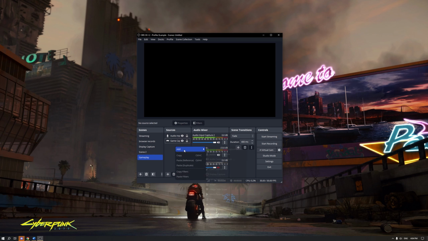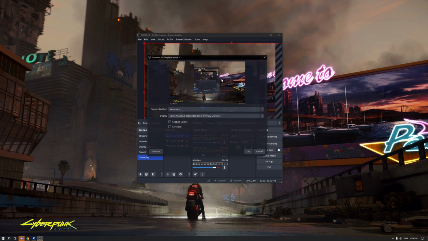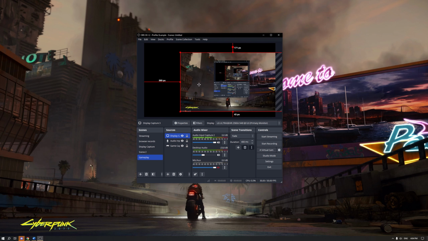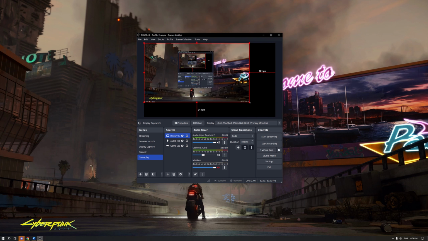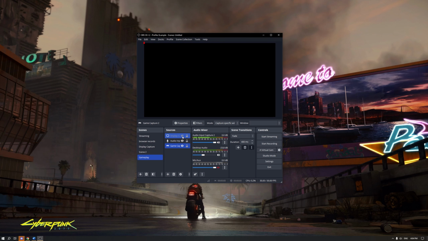Next one, we're going to be adding a display capture. This is in case you want to record anything that isn't in the game. So anything on Google or anything else when you're making the videos, you can choose your monitor. I'm going to use my main monitor. Now, as you can see, as it doesn't fit the whole frame, because it's a 2K monitor, we have to minimize it and drag it so it fits the frame. Beautiful. Under here, little tip, if you don't want to use display capture, use the eye, click on that and